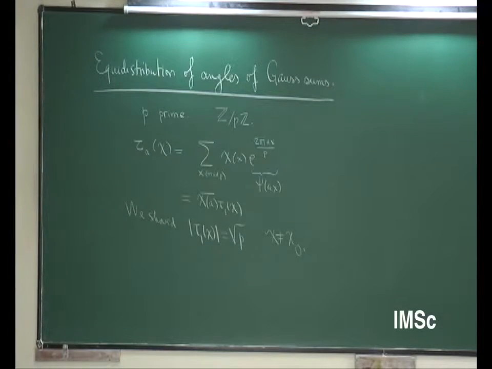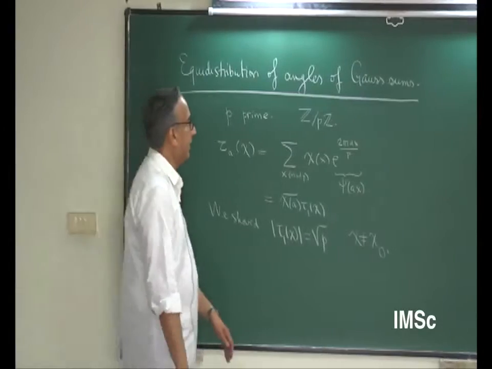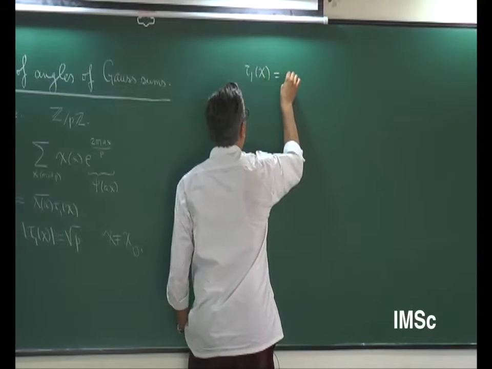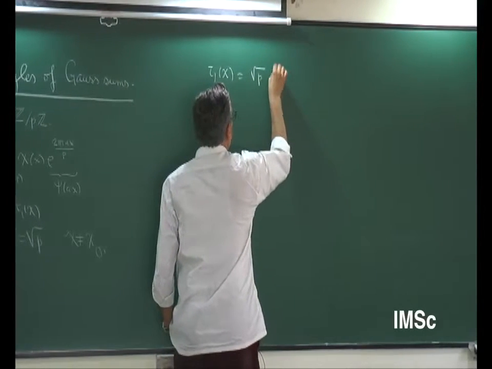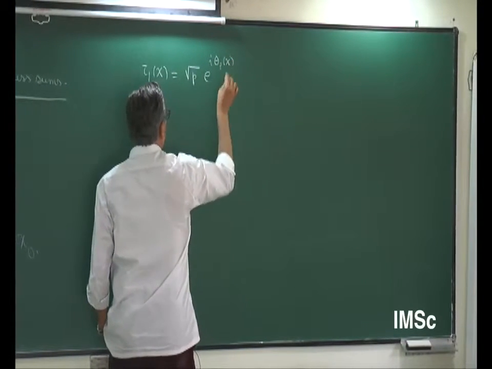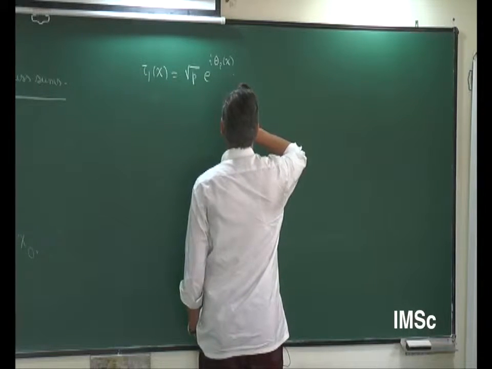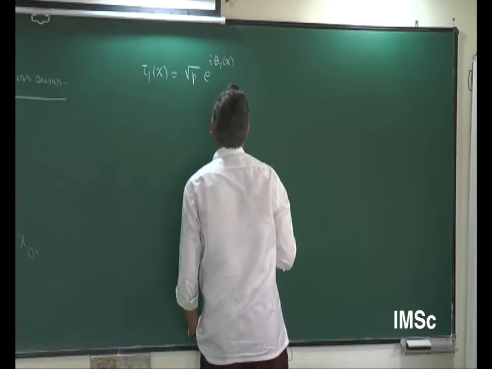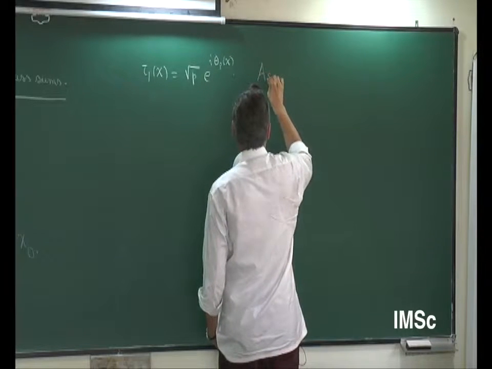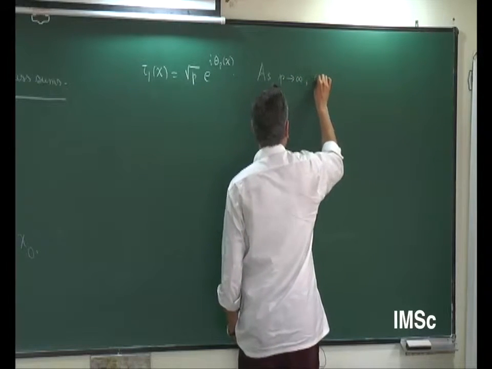And then the question arises as to how the angles behave. We can write tau 1 of chi as square root p e to the i theta p of chi, where theta p of chi is an angle between 0 and 2 pi. And we can ask, as p varies, as p tends to infinity, are the numbers